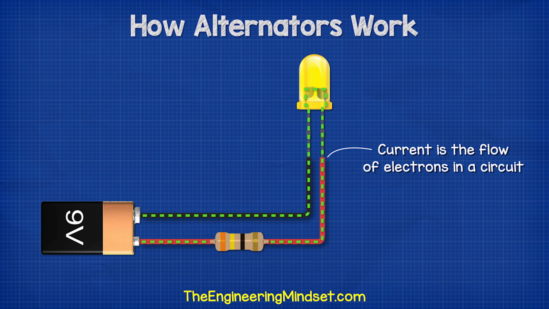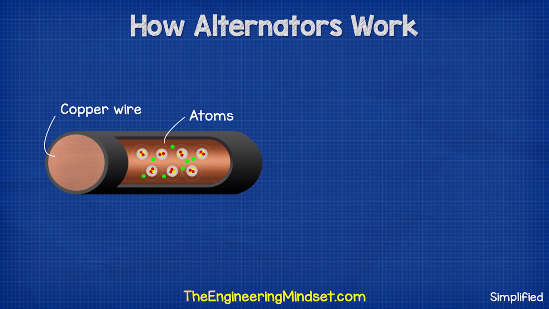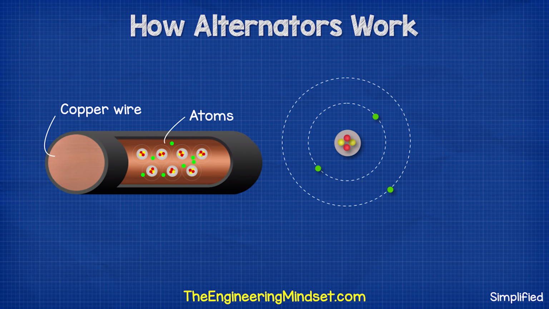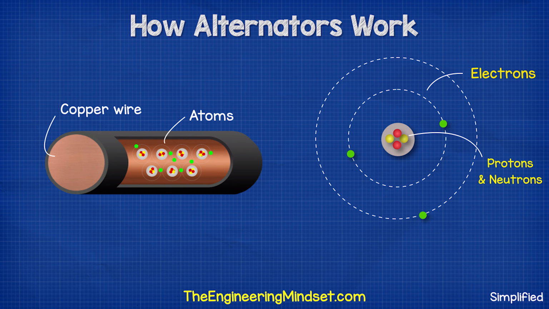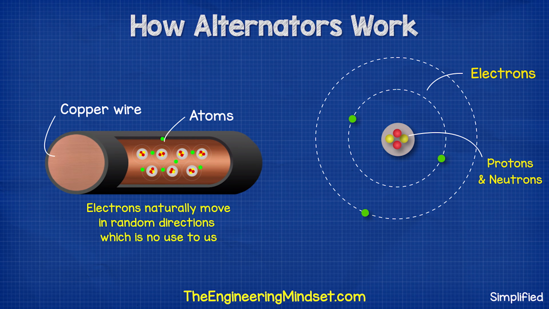Electricity is the flow of electrons in a wire. The copper wire is made from millions and millions of copper atoms. Each atom has a free electron. This is an electron which is able to move freely between other atoms. It does move to other atoms by itself, but this occurs randomly in any and all directions, which is of